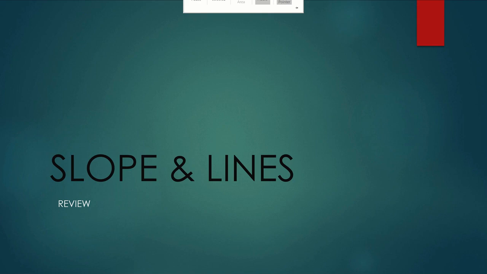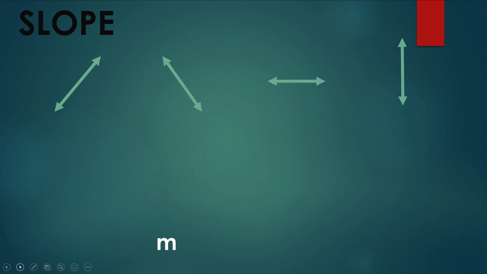Hi guys. So today we're going to review slope and equations of lines, okay? And so the first thing that we're going to start with is what kind of slopes do we have, right? So obviously this is not a coordinate plane, but the lines are going to have pretty much the same kind of direction, right? So here's what we call a positive,